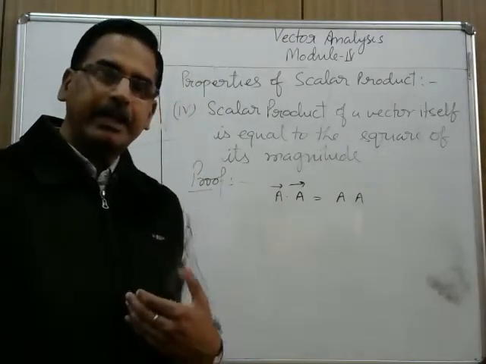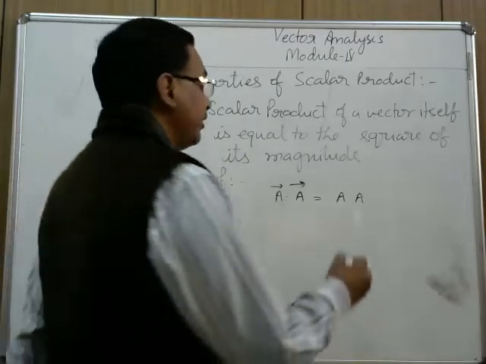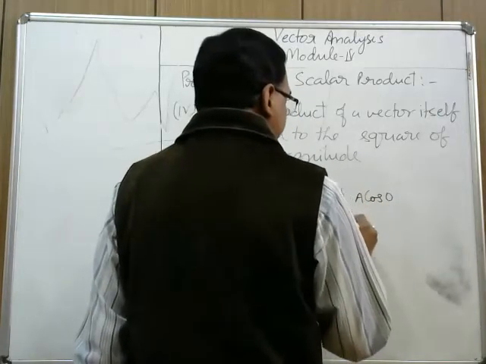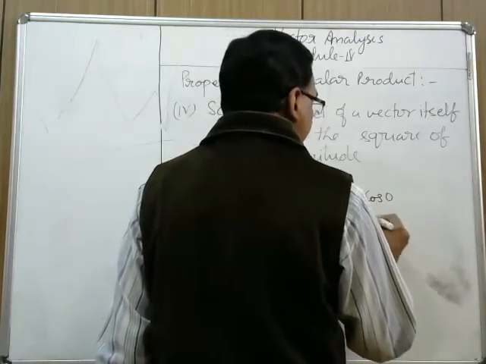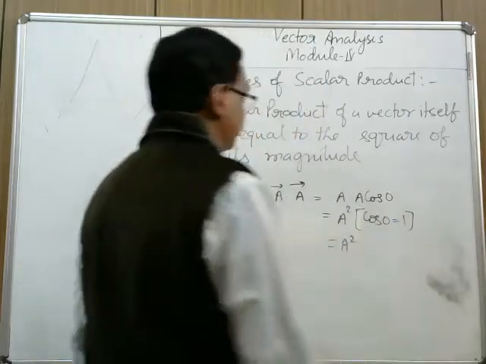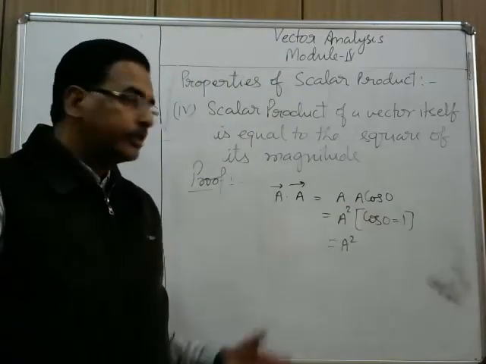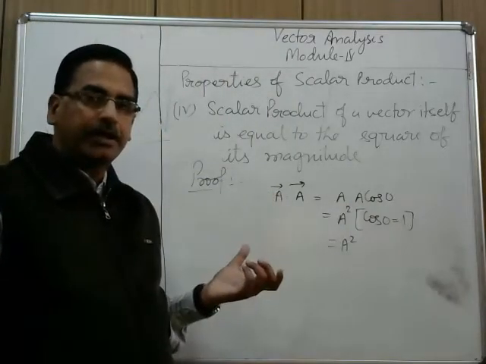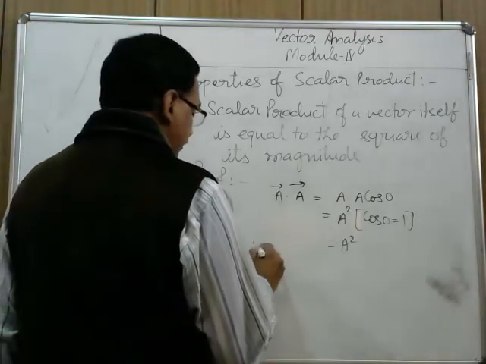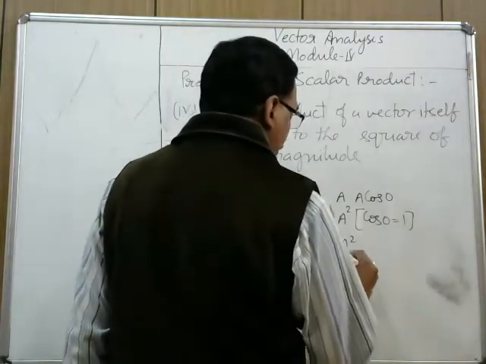Means I am making an angle of 0 degree with myself. So the angle will be cos 0. Now A dot A is A square and cos 0 is 1. So this is A square. This is a very important property. This is called self product,